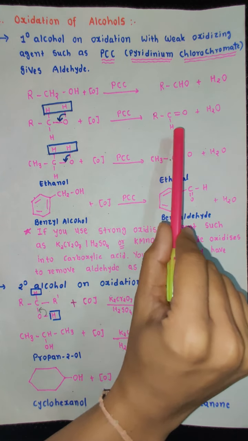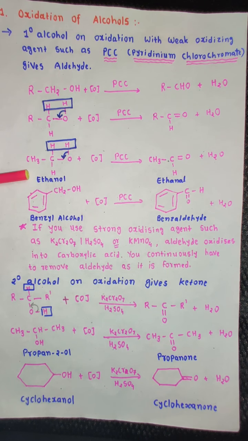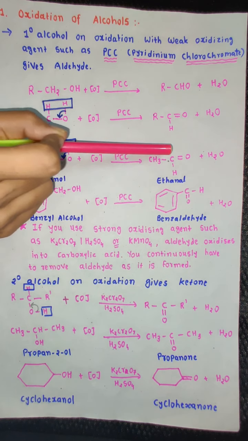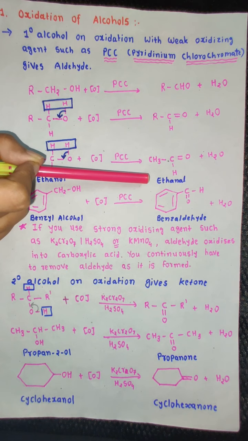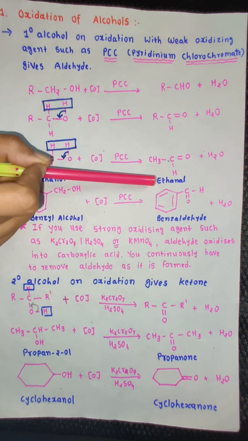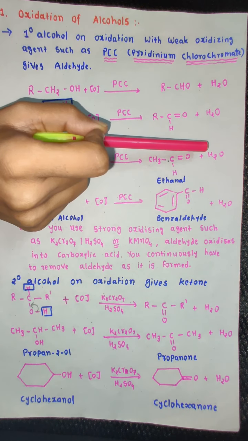आगे बढ़ते हैं, एग्जाम्पल लेते हैं इथेनॉल का. In ethanol also one hydrogen from oxygen and one hydrogen from carbon is eliminated and this bond electron shifts here. तो हमें क्या मिलता है? CH3C bond electron यहाँ आ गए, so there is a double bond, CH3C double bond OH, which is ethanal, जिसको acetaldehyde भी कहा जाता है, and the water molecule is eliminated.